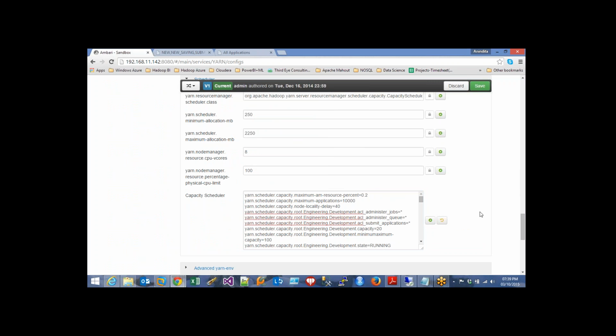So I've just copied and pasted the above policy. That's what I'm showing here. This policy is